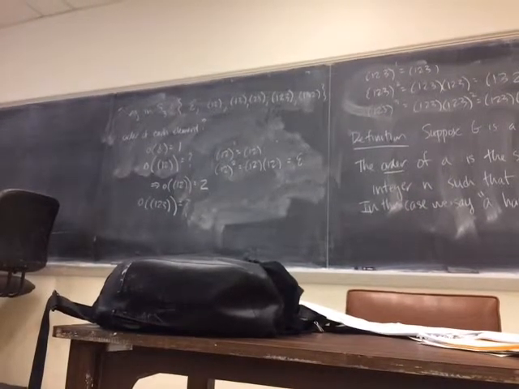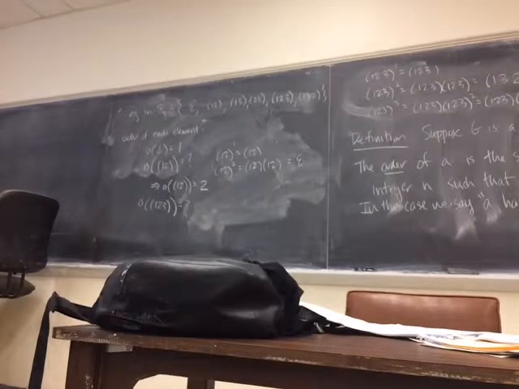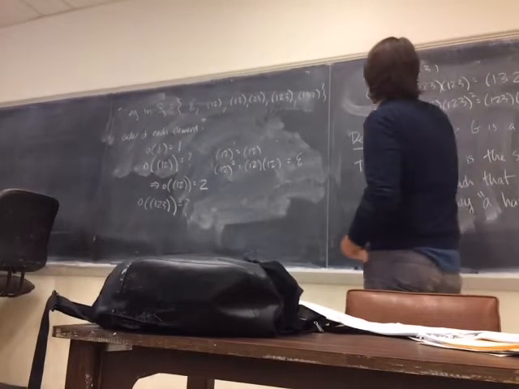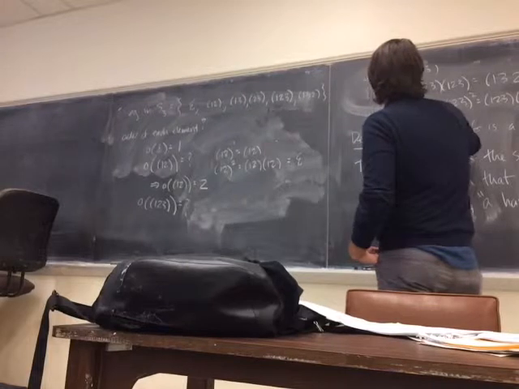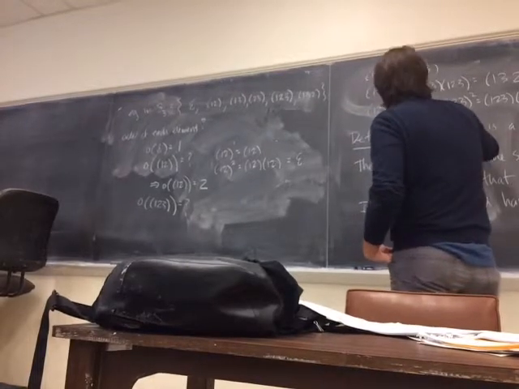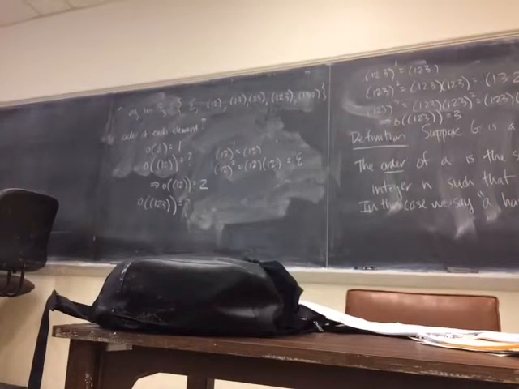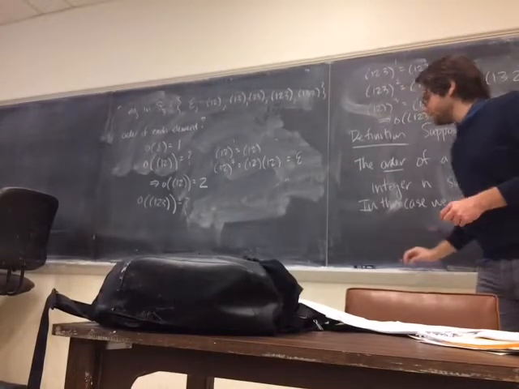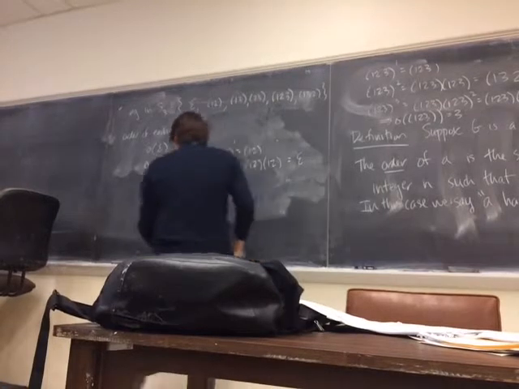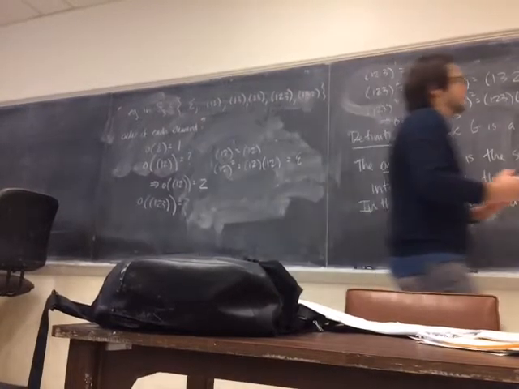So what's the order of (1 2 3)? 3. Okay, so this implies that the order of (1 2 3) is 3. That's it. That's its order. Okay, so I don't think it's too much to digest. We're going to now,